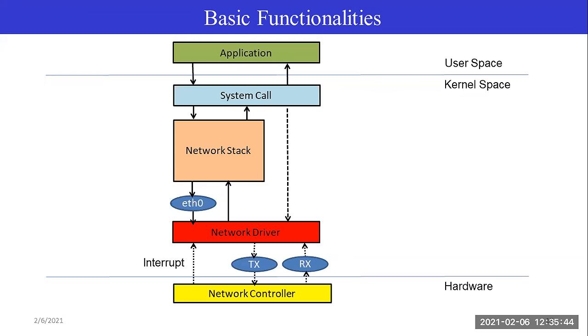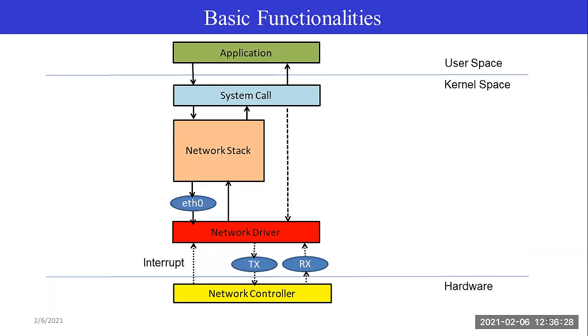Whenever the network controller receives any packet, it generates an interrupt, and that will go via the operating system to the network driver, and it checks the packet. The second one is whenever you are plugging out the cable or plugging the cable in, that means the link is up or down, then also the network controller generates some event. Similarly, whenever you are sending the packet for the TX, usually the network driver checks whether the packet is sent properly or not. So there's a very popular interrupt called the TX done interrupt.